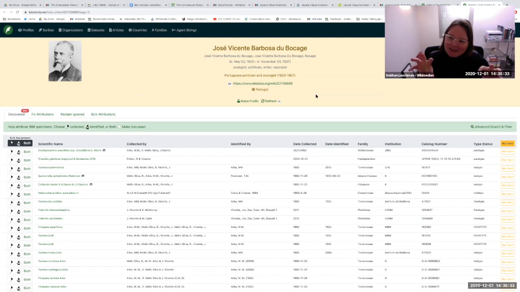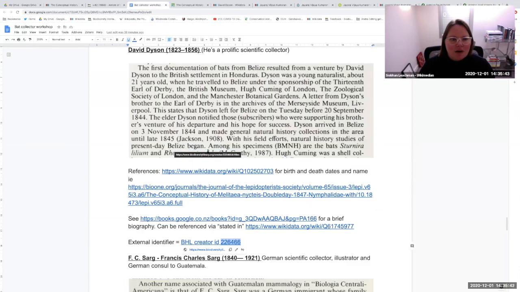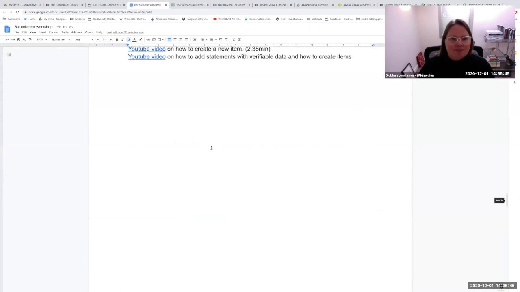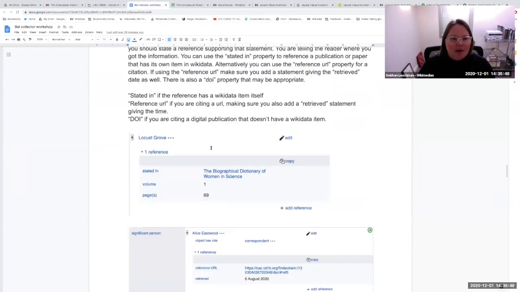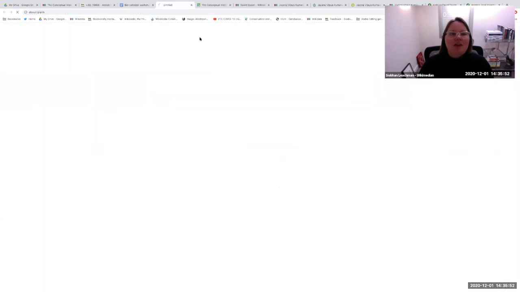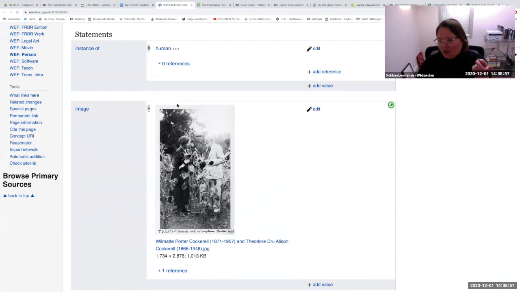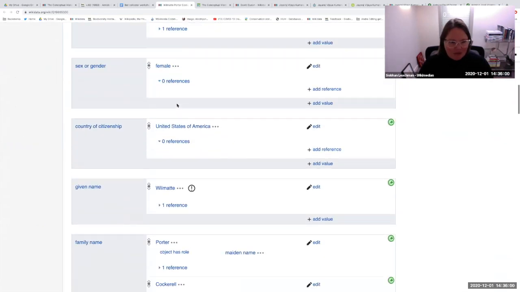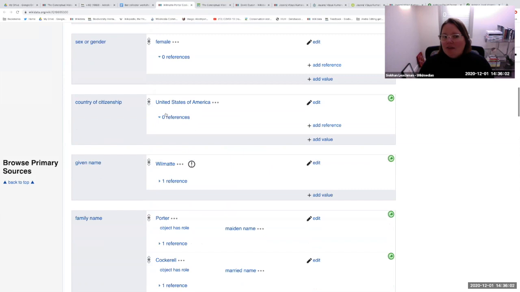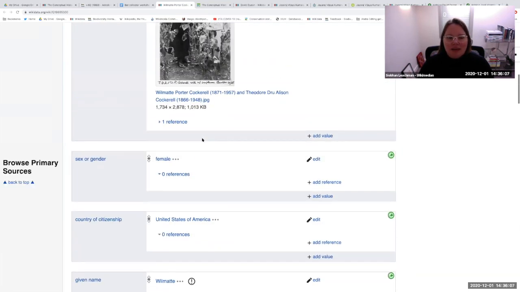I love particularly linking co-collectors. So if you go back to the example, it was Willamette. Yeah, there we go. I don't think I've actually added hers in. There might be one. At the moment I've been going to town on her, having a lovely time playing with her data. But you can see there's stuff that isn't referenced. I've yet to find references for this stuff. Obviously females should be relatively easy, but